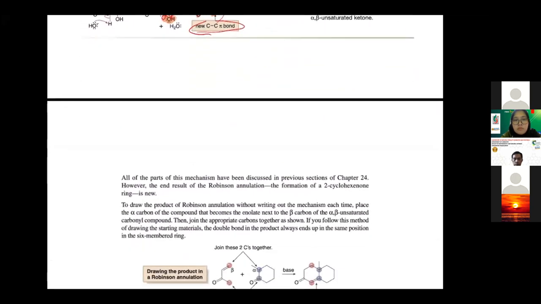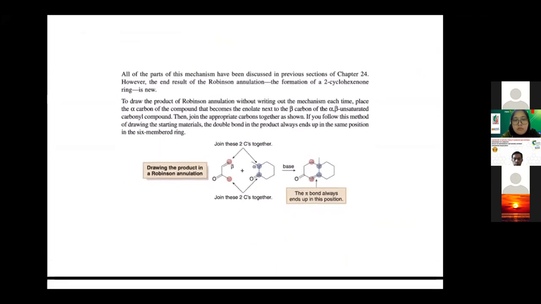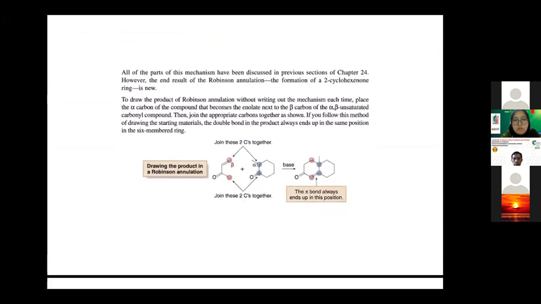So this explains the Robinson annulation, the product of the annulation. This is the starting material. Yes, this is also the alpha-beta unsaturated ketone group, and this one also has the alpha position activated, because this one attacks in the Michael reaction,